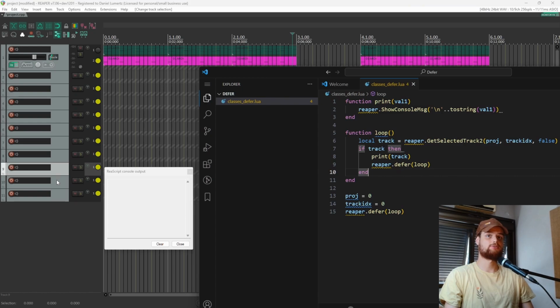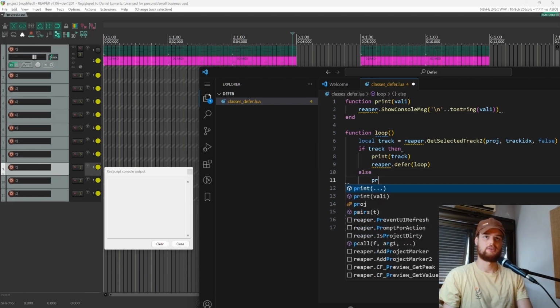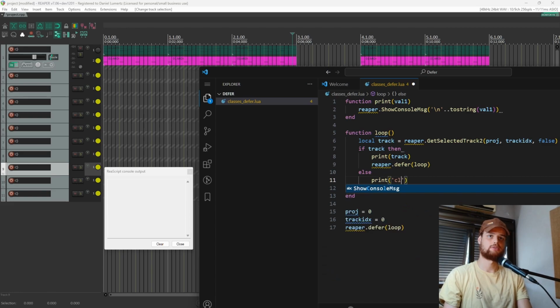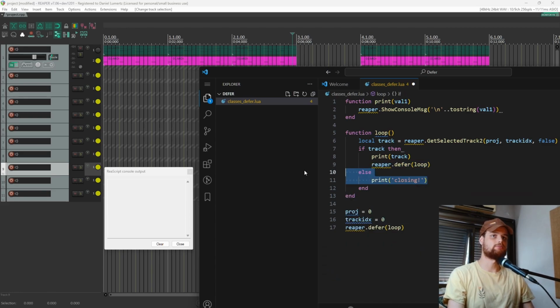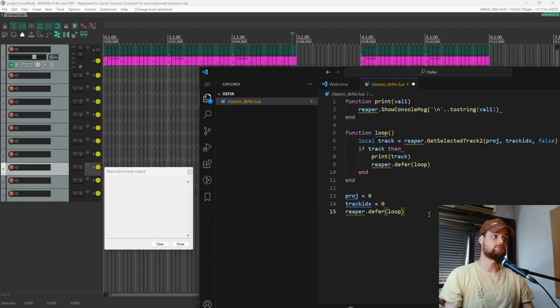So now let's put a message for when the script closes. You could do something like this: else print closing. It would work, but there is another function in Reaper that I like to use because you can close the script in other ways, like closing Reaper itself. And you could say